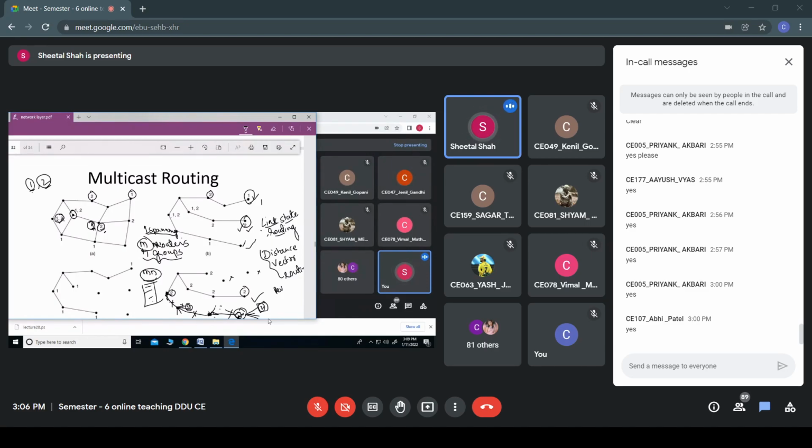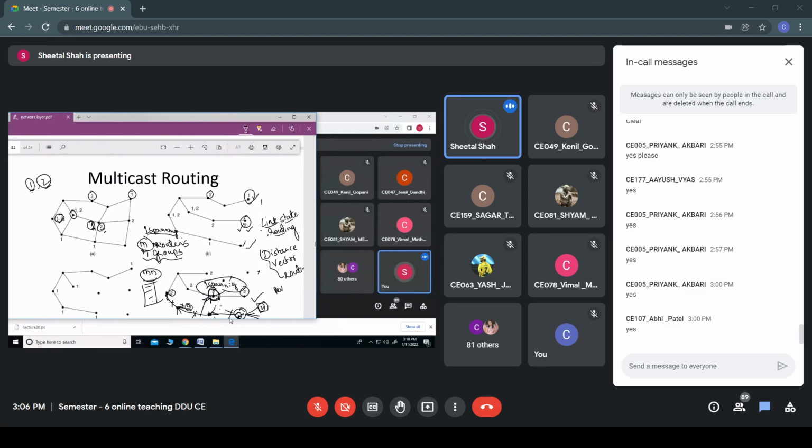To overcome this, core based trees are used, in which a central router, say suppose this is my central router, will have only one spanning tree. Anyone who wants to send a multicast message sends the packet to the core of this spanning tree, and this core, based upon the spanning tree, would forward that packet to the rest of the routers in that multicast group.